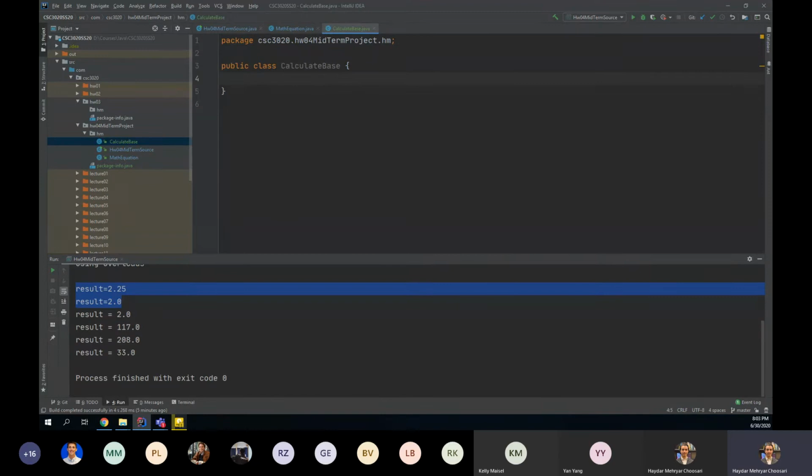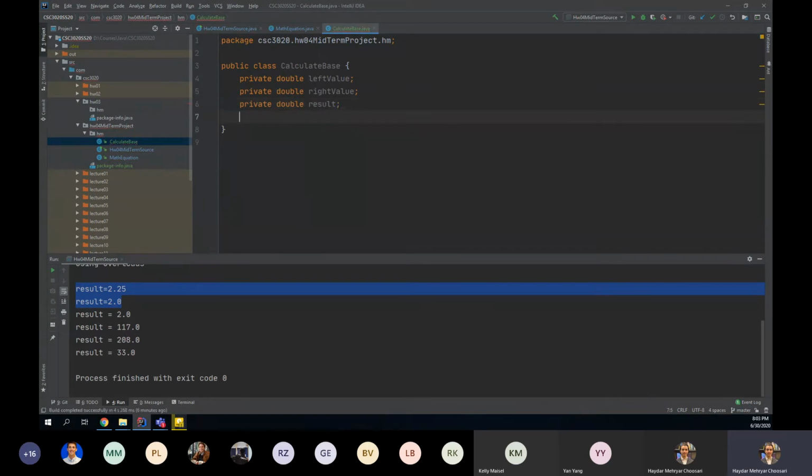So I have private double left value, private double right value, another one, private double